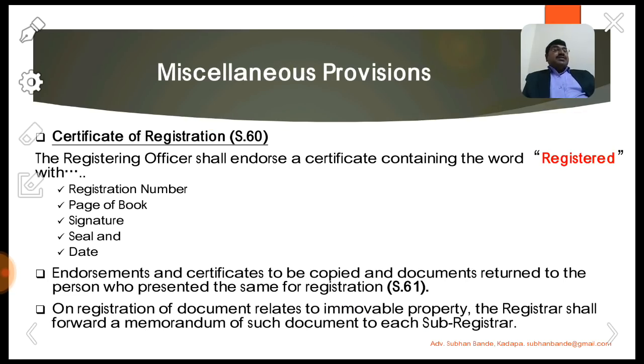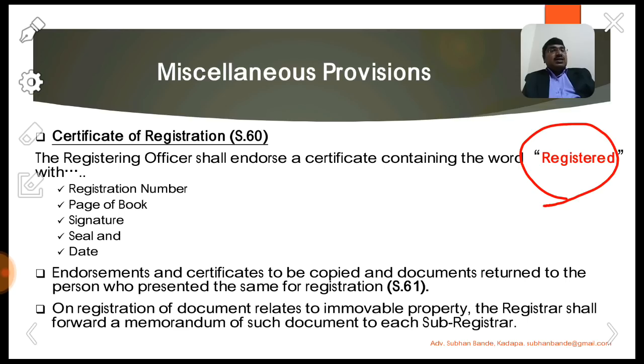Next, the miscellaneous provisions. Certificate of registration. How should be the certificate of registration? What are the contents of the certificate of registration? It is mentioned under section 60 of the Registration Act. The registering officer shall endorse a certificate containing the word registered on the document. He endorses that registered